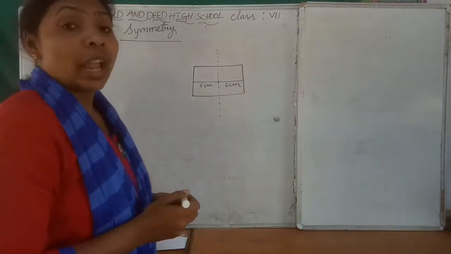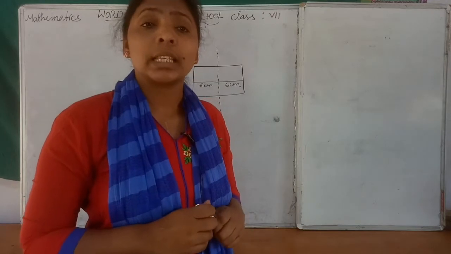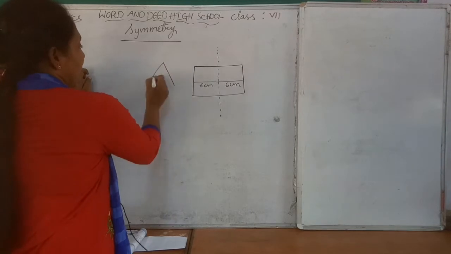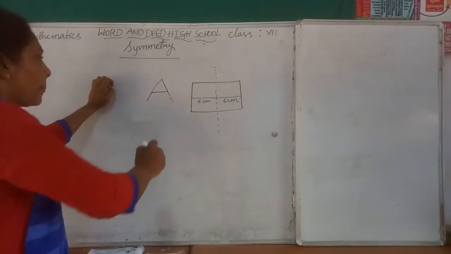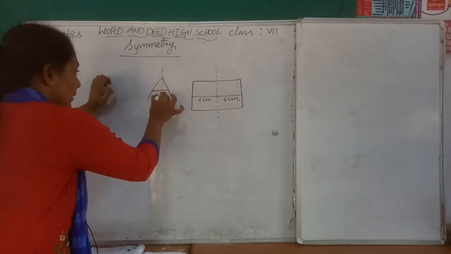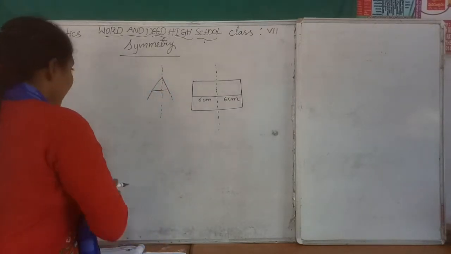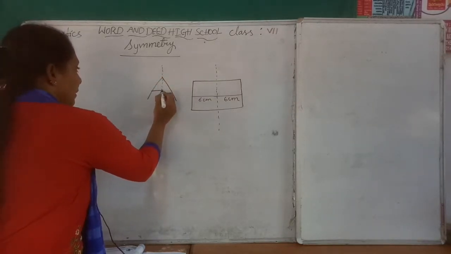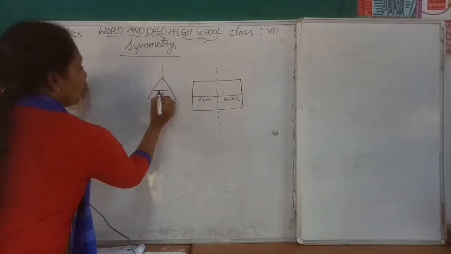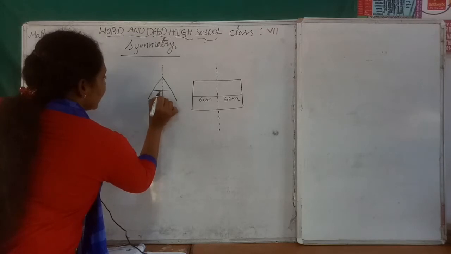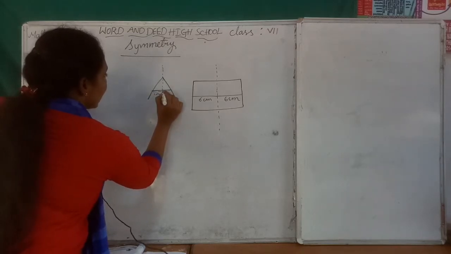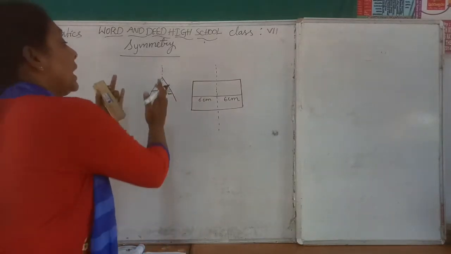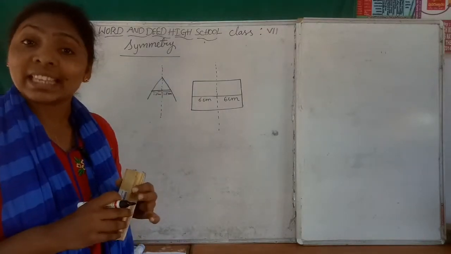So like this, we have alphabets, children. We have 26 alphabets. So alphabets also we can take. How is it? See, children. A. How will it be? See. Okay. So suppose here to here is 1.5 centimeters, then here to here also it should be only 1.5 centimeters in length, children. Then only it coincides with each other at exact distance.